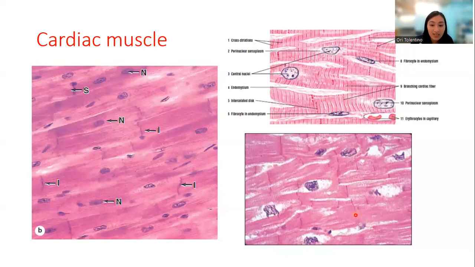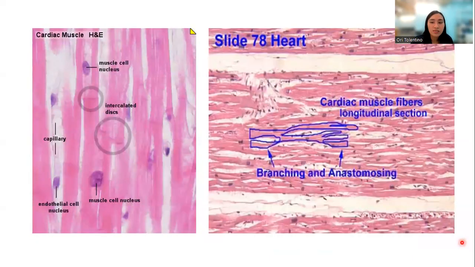You immediately think of the cardiac muscle, and you automatically think the organ is the heart. So when I show this tissue to you, you know that this is a cardiac muscle tissue. When I say identify the organ, you say it is the heart. Cardiac muscle cells, again, have central nuclei.